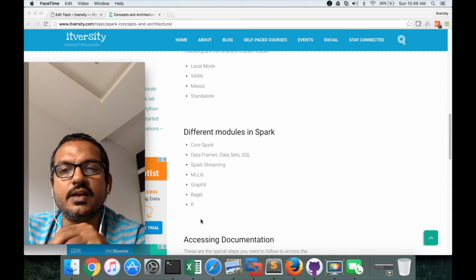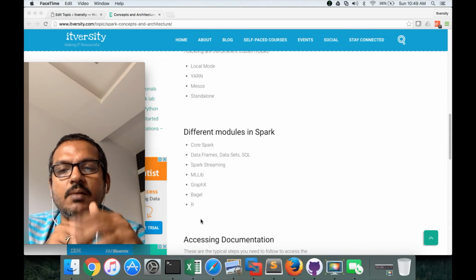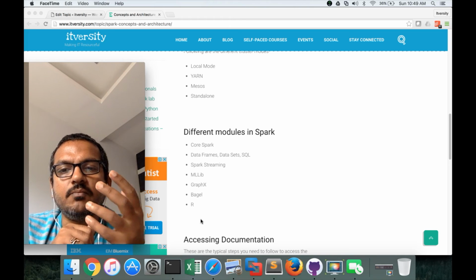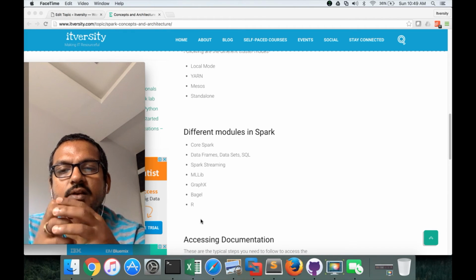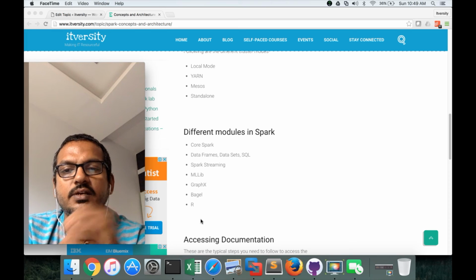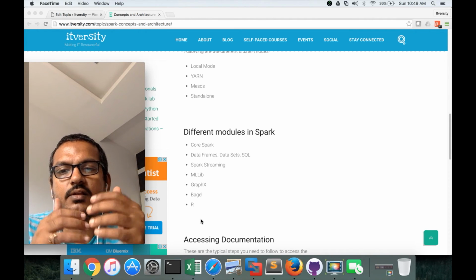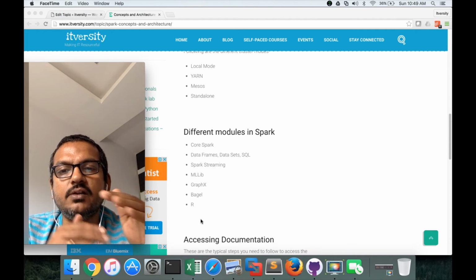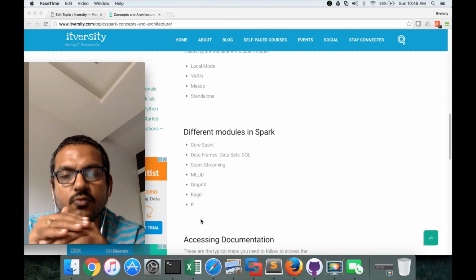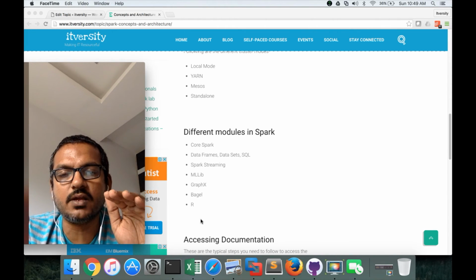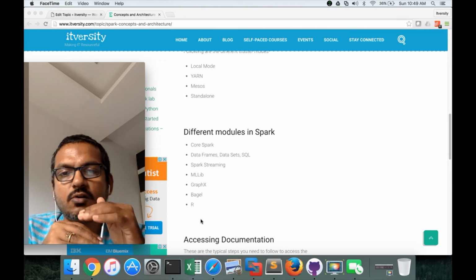So you need to understand MLlib APIs to apply certain machine learning algorithms on top of the data to process and then push the data to the target. So it's another module which is built on top of CoreSpark. CoreSpark is core for everything. You have to know CoreSpark and you have to build all these modules on top of it.